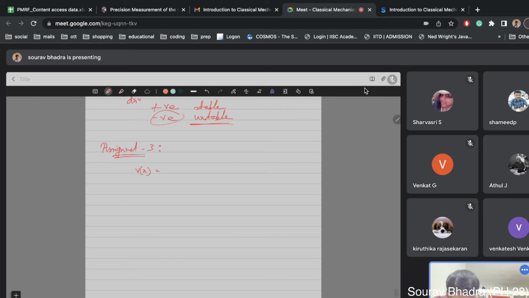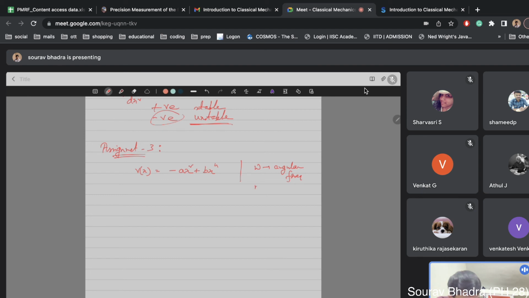Okay, so let us say V(x) is equal to -a x² + b x⁴, and it has been said that this type of potential gives rise to some oscillations. So the question is, what is the angular frequency of this particular oscillation? How to find that for a mass, the angular frequency,